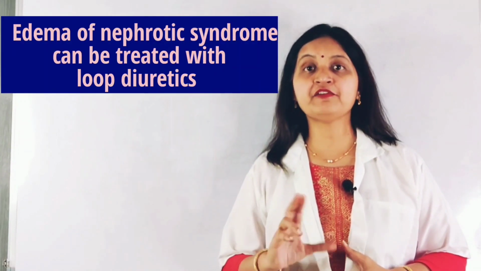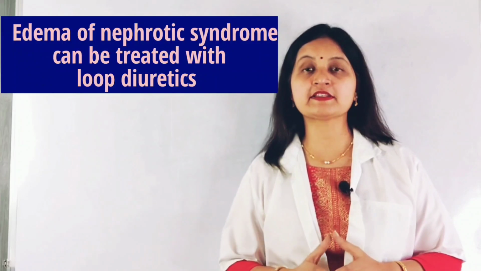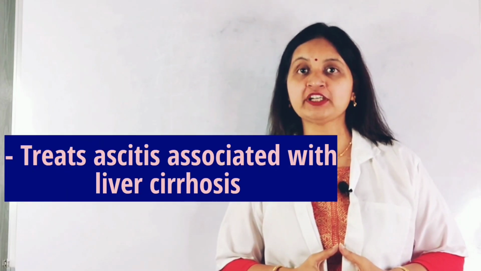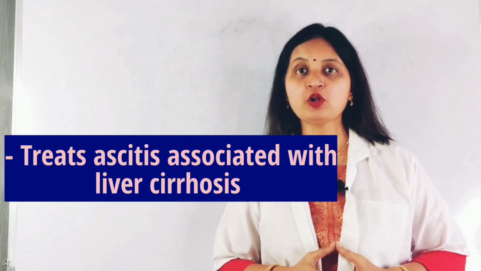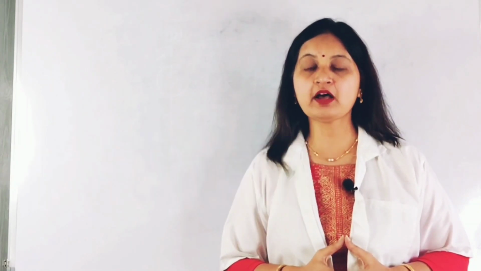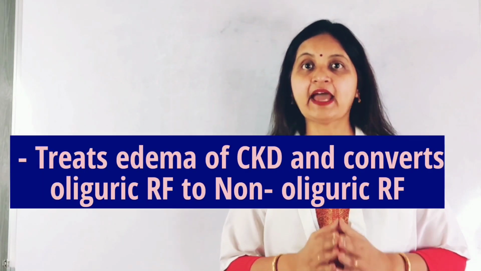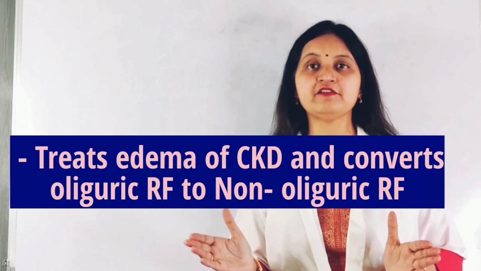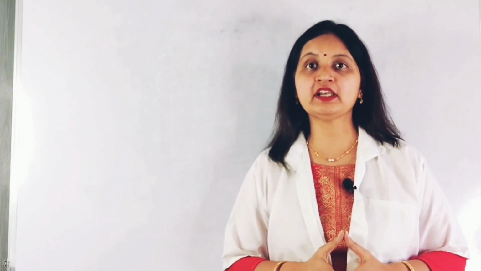The edema associated with nephrotic syndrome is refractory to less potent diuretics. So loop diuretics are highly potent diuretics and are capable of reducing massive edema. The edema and ascites associated with liver cirrhosis can also be treated with loop diuretics. The loop diuretics treat edema associated with chronic kidney disease and convert oliguric renal failure to non-oliguric renal failure by increasing the urinary flow rates. The next use is